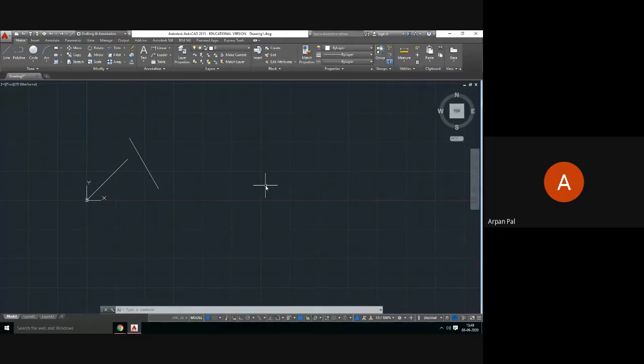If somebody is facing any problem, that means those who have the software, if you face any problem in drawing, you can ask me now. You can ask me now where to switch ortho mode on or off, where to take the line, how to switch on or off this command box.